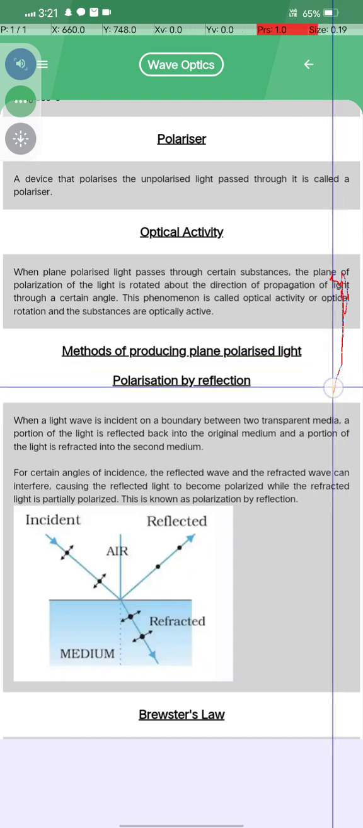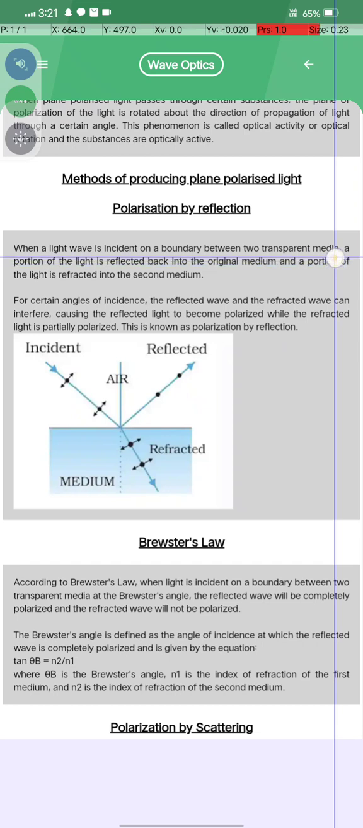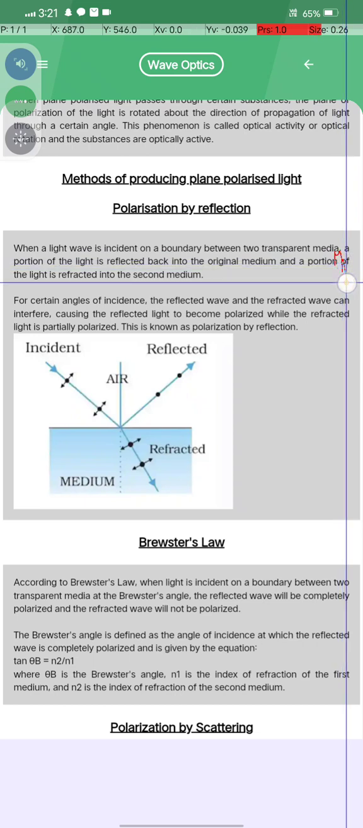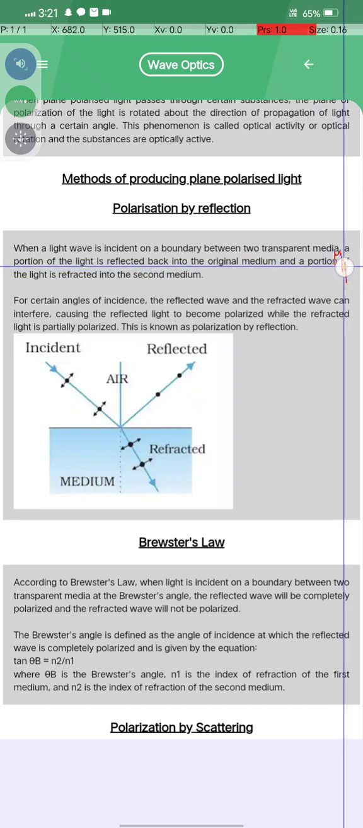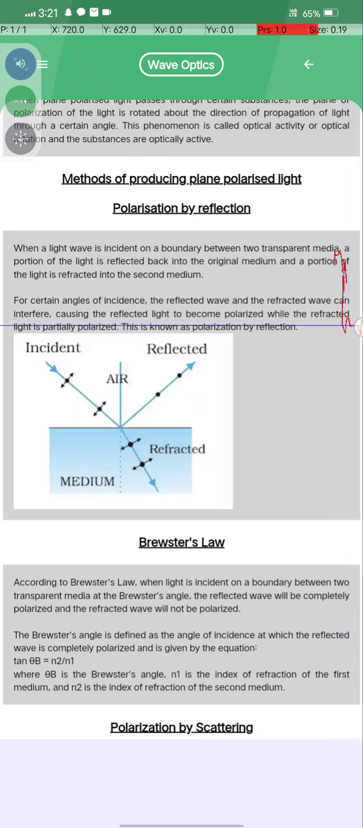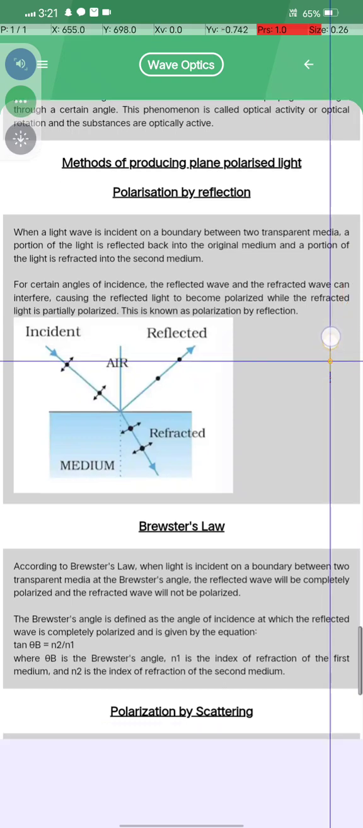Polarization by reflection: when a light wave is incident on a boundary between two transparent media, a portion of the light is reflected back into the original medium and a portion of the light is refracted into the second medium. For a certain angle of incidence, the refracted and the reflected waves interfere, causing the reflected light to become polarized. When the reflected light is partially polarized, it is known as polarization by reflection, okay, by the reflection।